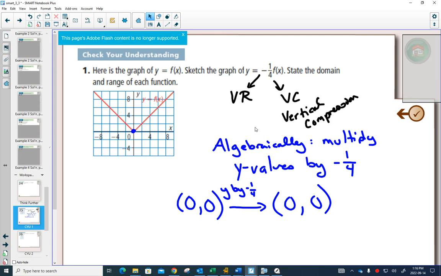So I was just starting to show some of the work that we could do in a question like this algebraically. What you can do is take a point and say what's going to happen to that point. The only thing that's going to happen is your y values get multiplied by -1/4. In this case, since we had 0, 0, times by -1/4 would stay. That point doesn't change. However, if I chose another point, okay, and in this one, I'm going to choose